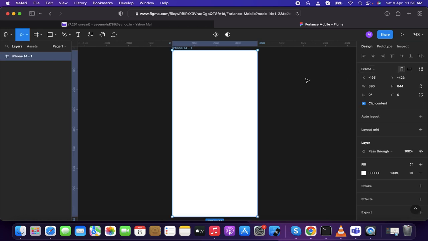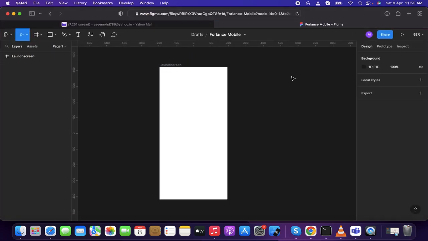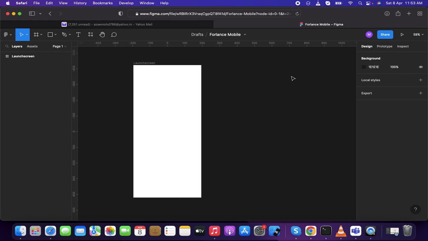So you can find here the same width and height of the iPhone 14 itself. This is a frame which is created initially. So the first screen which I'm planning to do over here is a launch screen. So I'm going to name it on the left side as launch screen. All right, and in this video let's keep it very simple, which means 2 or 3 screens, and